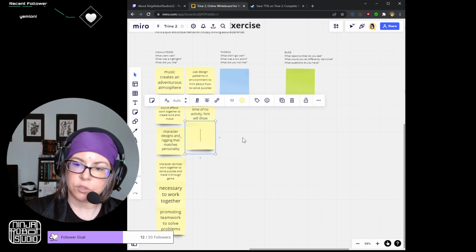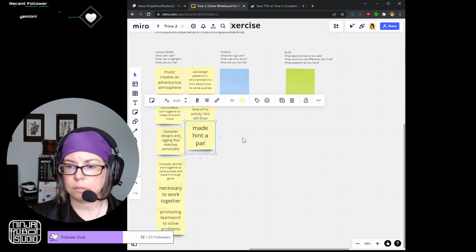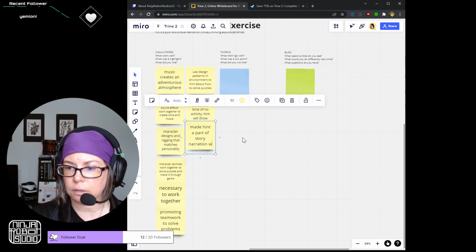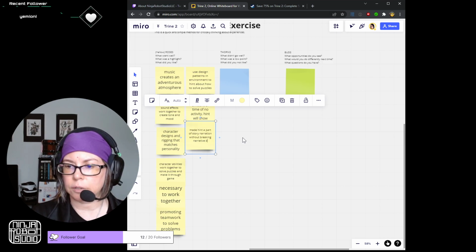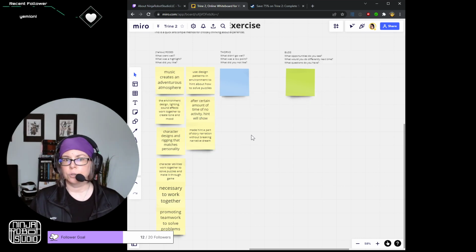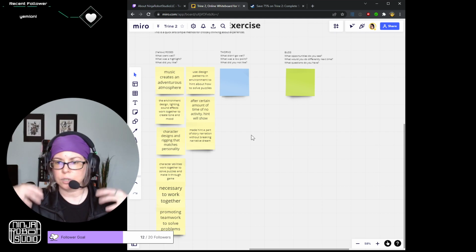They made it a part of the story, without breaking that narrative dream. And what I mean by narrative dream is when you are in a story, when you're in an immersive experience, your